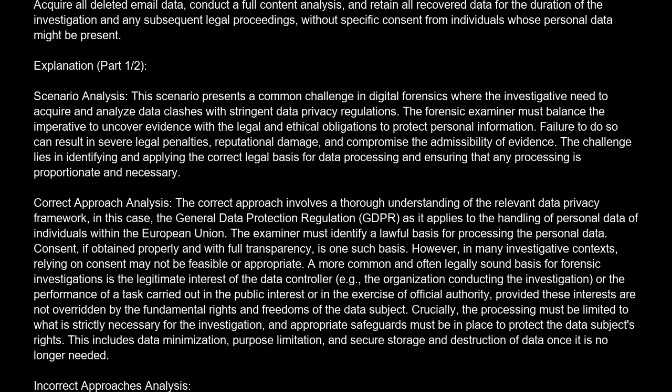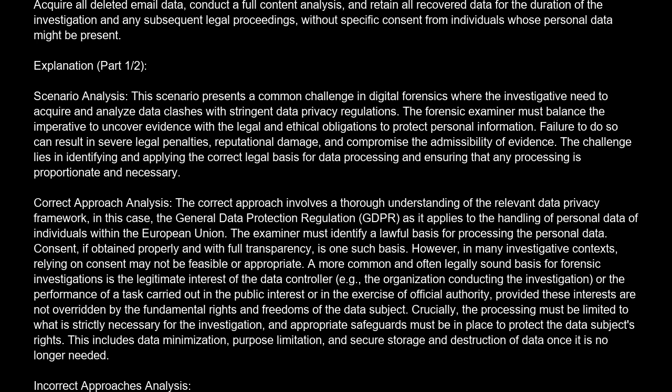The correct approach involves a thorough understanding of the relevant data privacy framework, in this case, the General Data Protection Regulation, GDPR, as it applies to the handling of personal data of individuals within the European Union. The examiner must identify a lawful basis for processing the personal data. Consent, if obtained properly and with full transparency, is one such basis. However, in many investigative contexts, relying on consent may not be feasible or appropriate. A more common and often legally sound basis for forensic investigations is the legitimate interest of the data controller, e.g.,